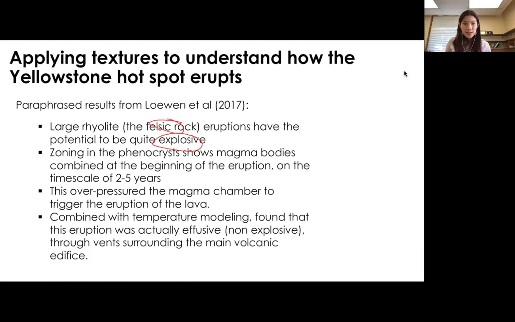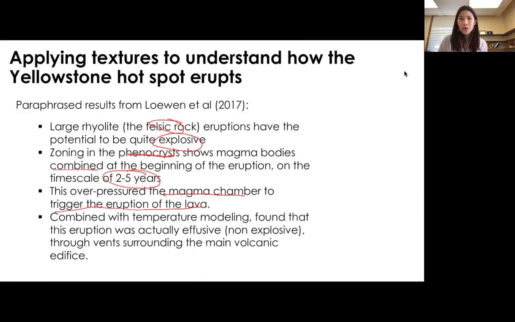However, when they looked at the minerals and the zoning in the minerals, they found that it looked like there were two stages to this, where two magma bodies were combining. And that's why we get that zoning in the titanium from light to dark titanium from the center to the outside of these phenocrysts. And they were able to actually back this out with some numerical modeling to say that that occurred at a timescale of 2 to 5 years. So that combination of magmatic bodies over 2 to 5 years overpressured the magma chamber, and this triggered an eruption